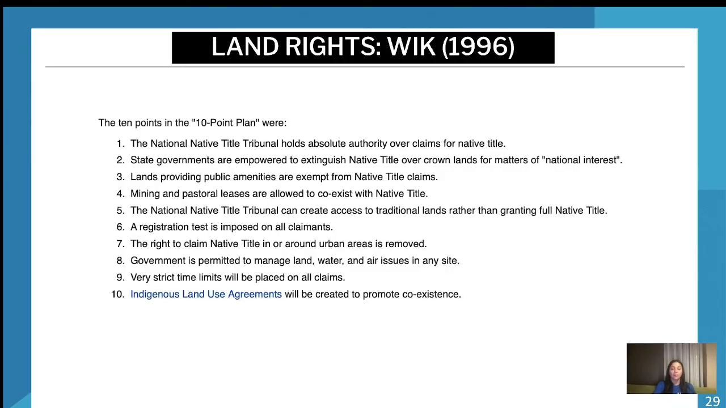So we've got the 10-point plan from Wik. You don't have to memorize these. If you wanted to memorize one, you can have that the National Native Title Tribunal holds absolute authority over claims for native title. But again, native title belongs to Aboriginal people. So the fact that it is determined and was determined by court